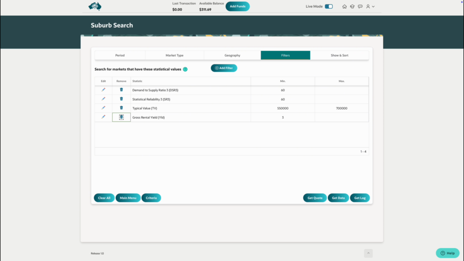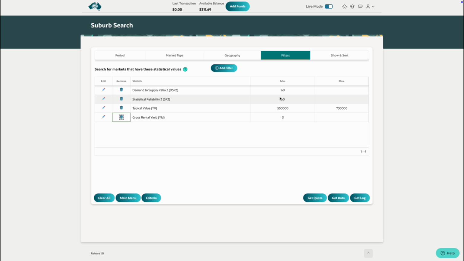For example, there is no point finding a suburb with excellent investment potential if properties there are over $1 million and your budget is only $600,000. This is why you should have a typical value filter as a minimum. The statistical reliability filter reflects your appetite for risk. Each investor is different. Young investors have time to recover from a mistake. Time cures many mistakes in property investing, but an older investor may prefer a higher statistical reliability than the example